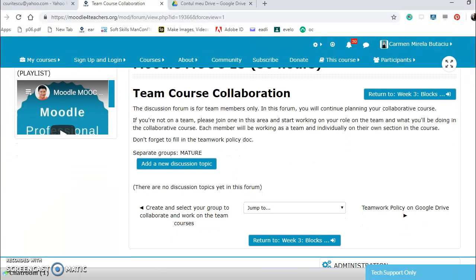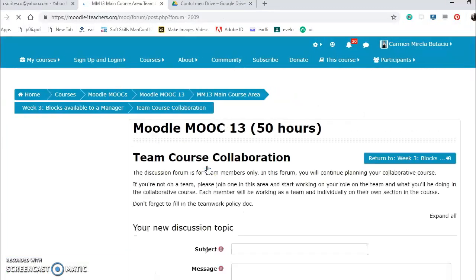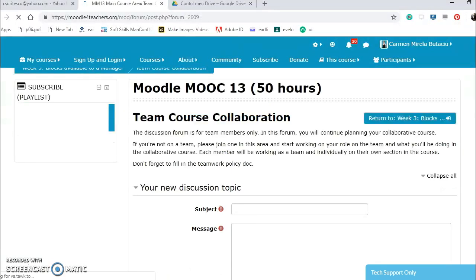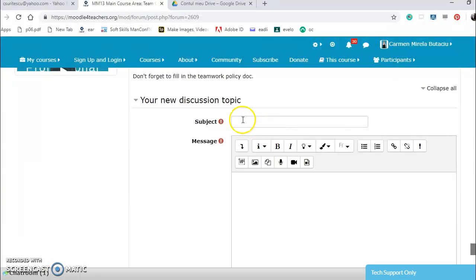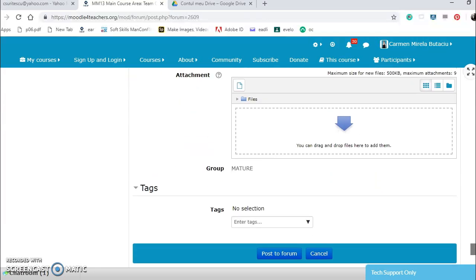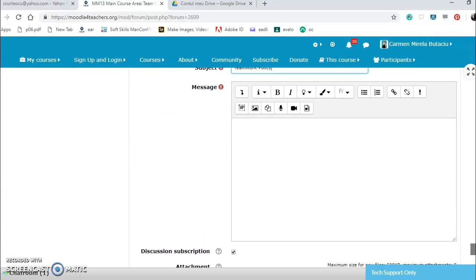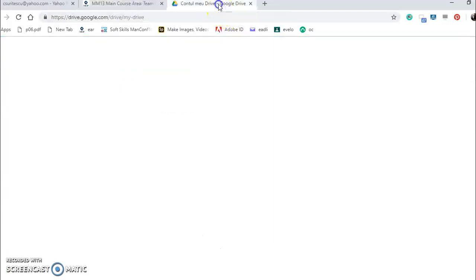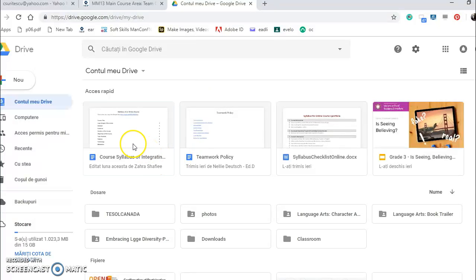Here we don't have much, but I had to fill in the teamwork policy. I did it, but I think on another page, I can put it here as well. Policy, and I will show you how to introduce it. Okay. I will access it from my course, teamwork policy. It's here.